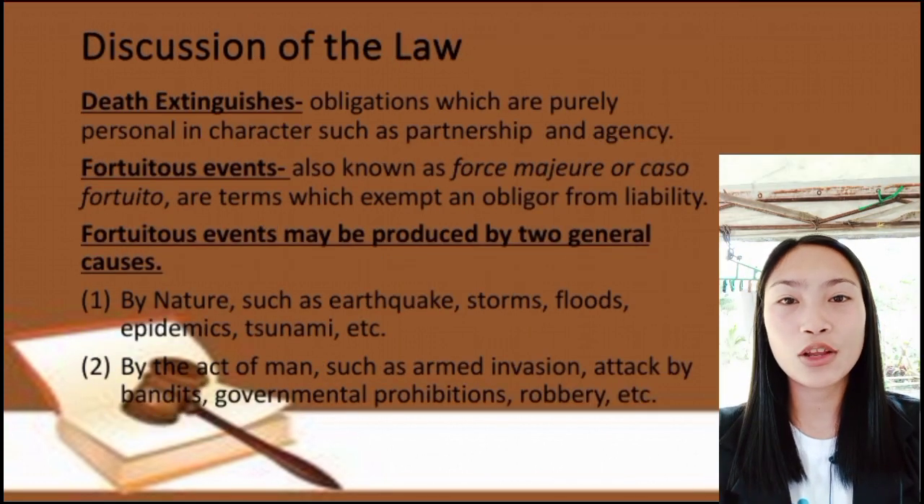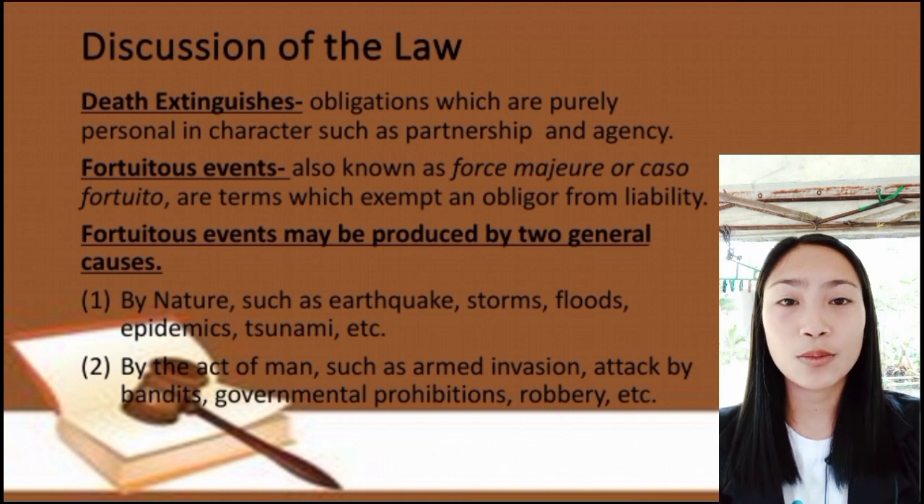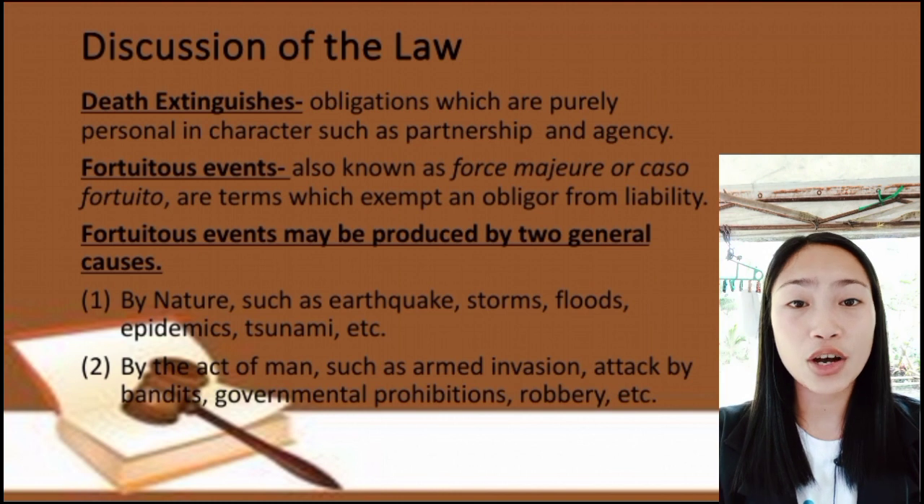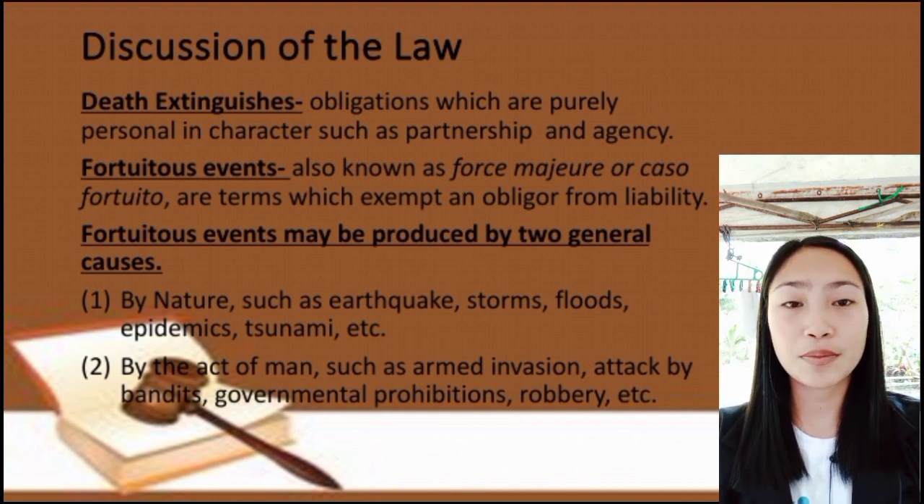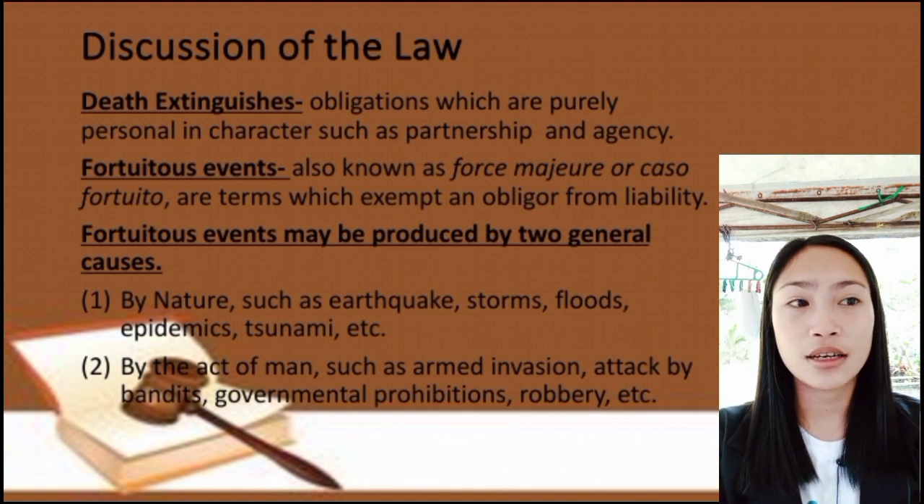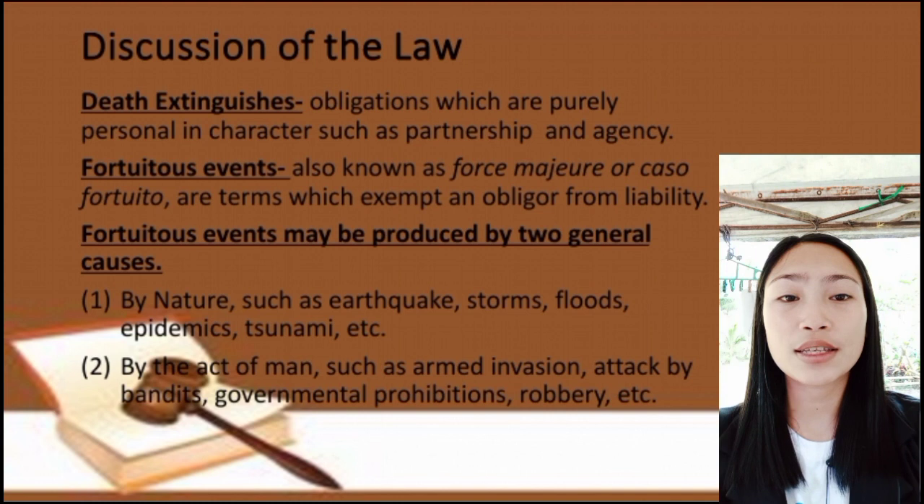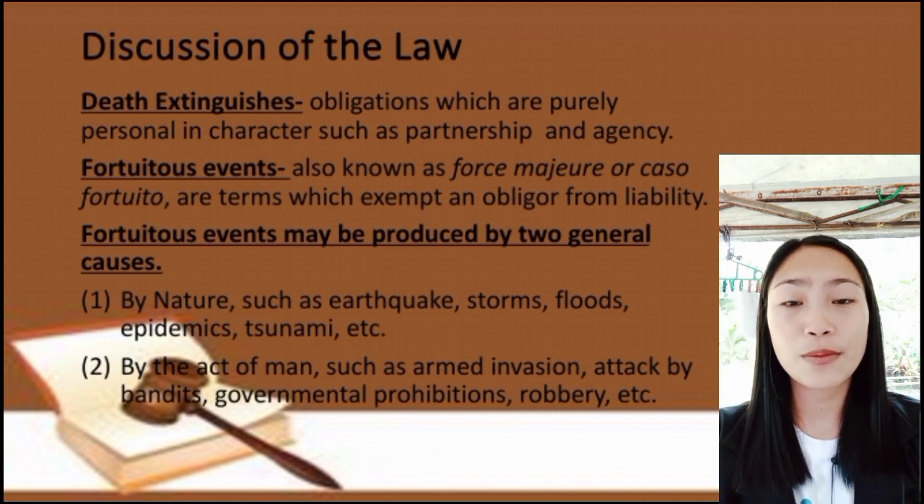So, discussion of the law. There are other causes of extinguishment of obligations which are not expressly provided under the above provision. We have death, which extinguishes obligations which are purely personal in character, such as partnership and agency. Then, fortuitous events, also known as force majeure or caso fortuito, are terms which exempt an obligor from